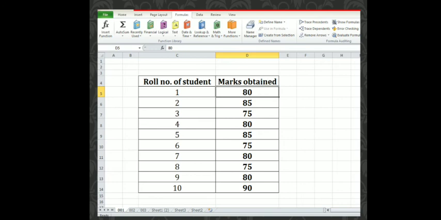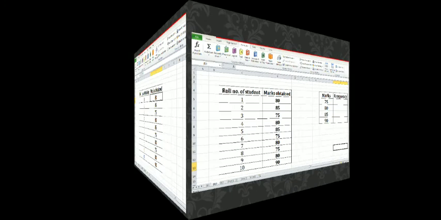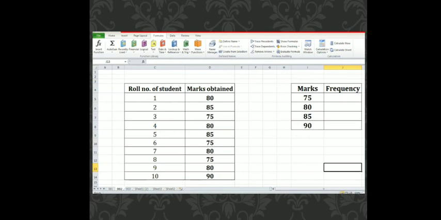In this Excel sheet, a table is given which shows the roll number of a student and their marks obtained. To create a frequency table, we have to make another table with two columns. First column is of marks and second column is frequency.